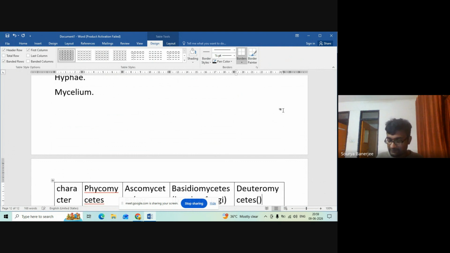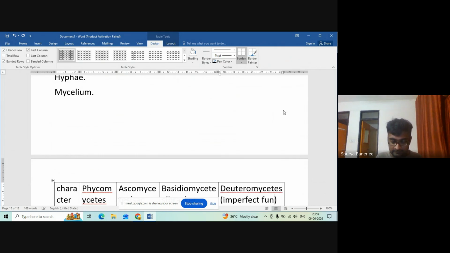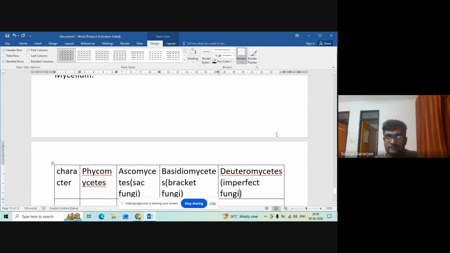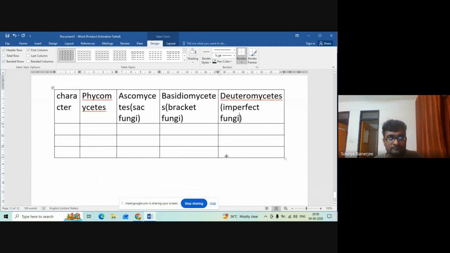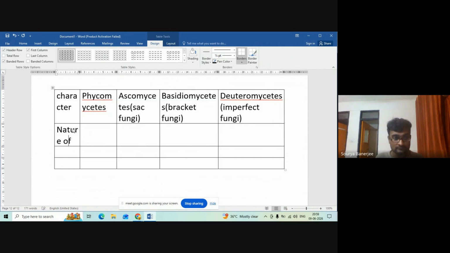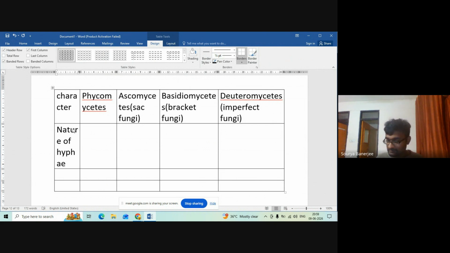They are called imperfect fungi. Okay, so this is the main thing. The first character we have to go through is the nature of hyphae. The nature of hyphae in this case is aseptate and coenocytic. What is the meaning? Aseptate and coenocytic. The meaning is that